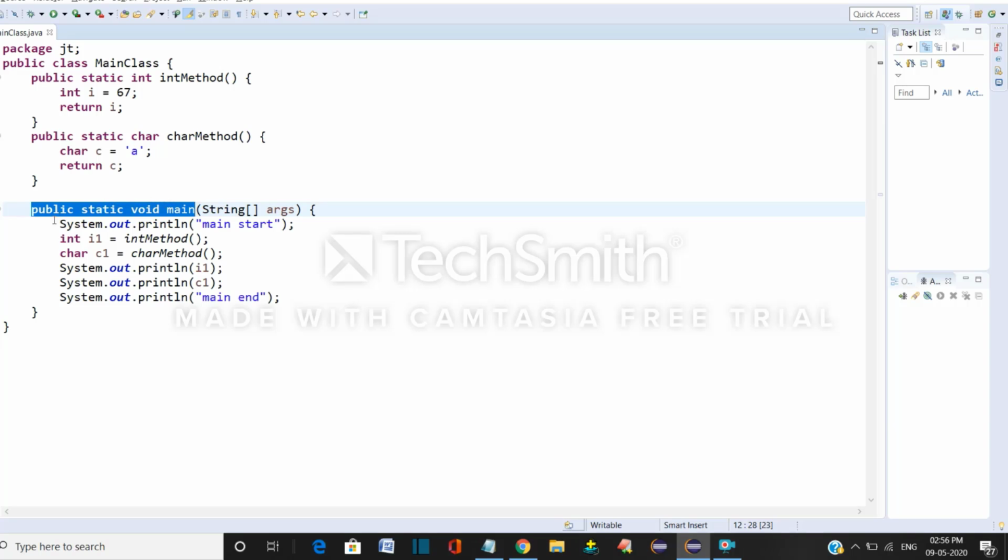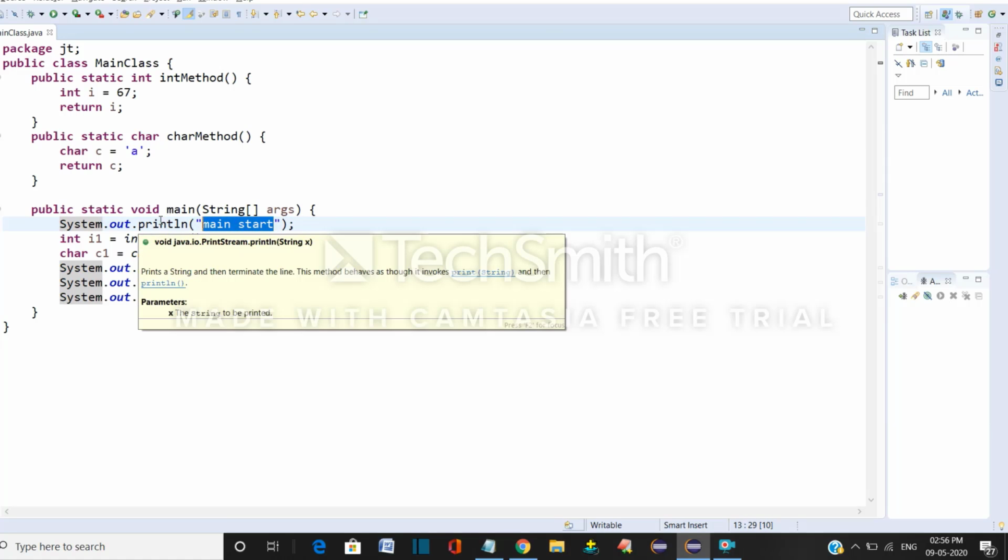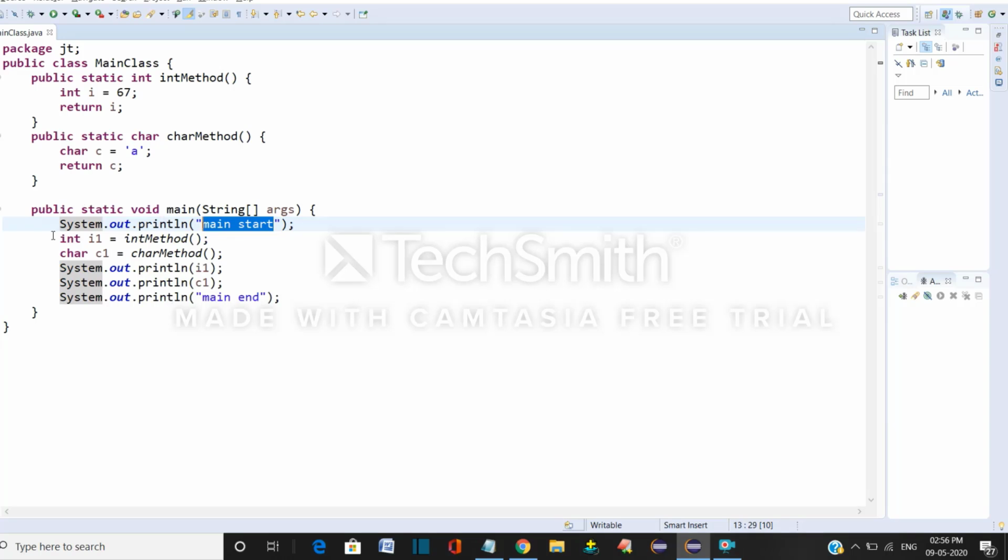Now from the main method, the execution will start. It will read the first statement, and here we have System.out.println. So the main method will print whatever is inside the statement on the console, and it will come to the next line.